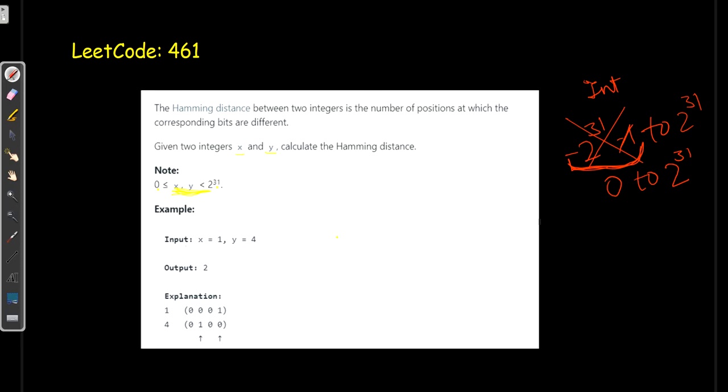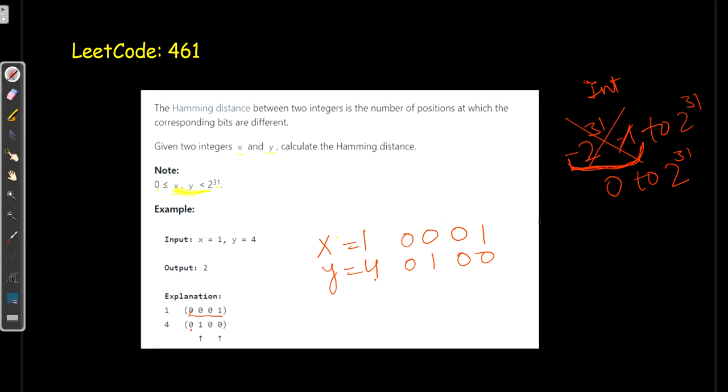So here we have an example, x is equal to 1 and y is equal to 4. When we represent this 1 in binary form, it's 1 with zeros before. Then 4 in binary form will be 1 0 0. Let's put a 0 before it, it won't harm.